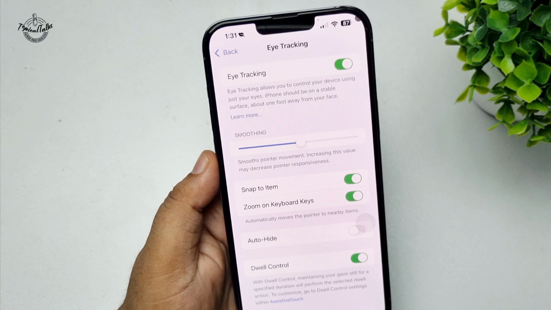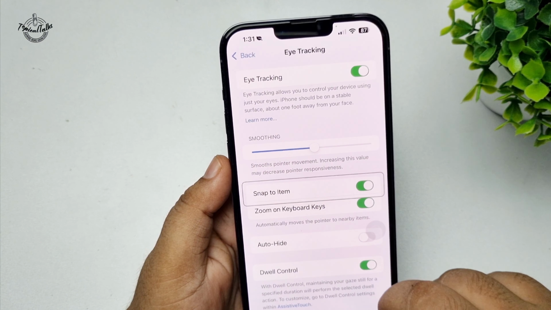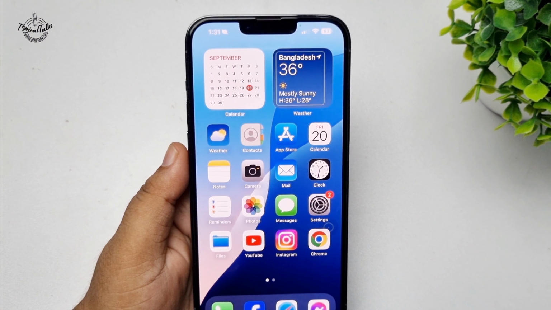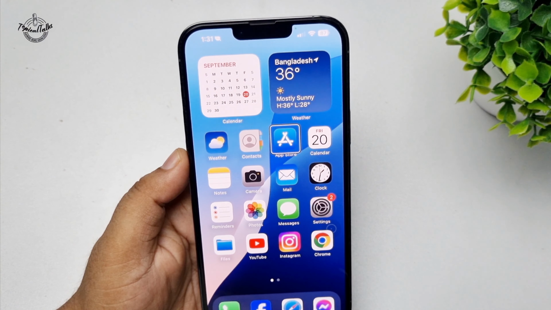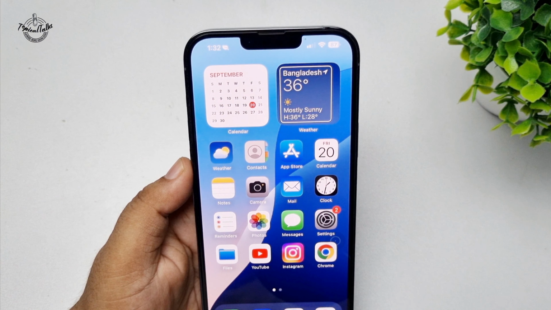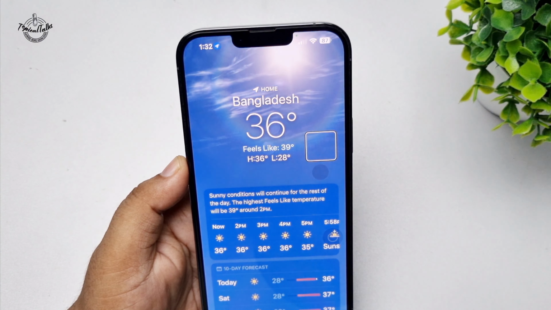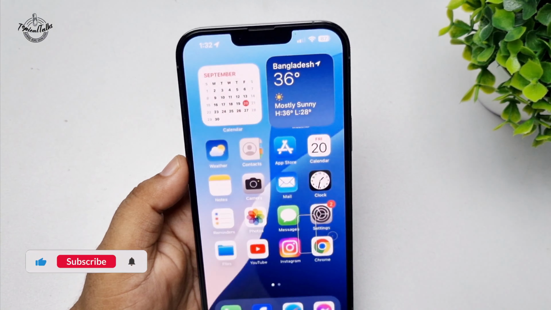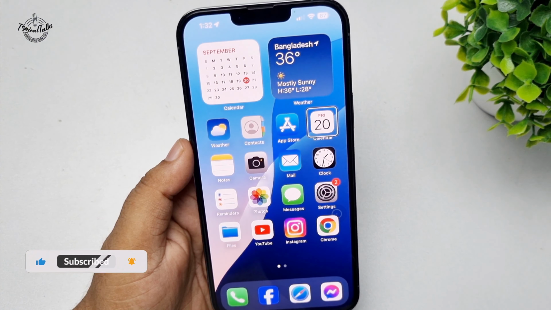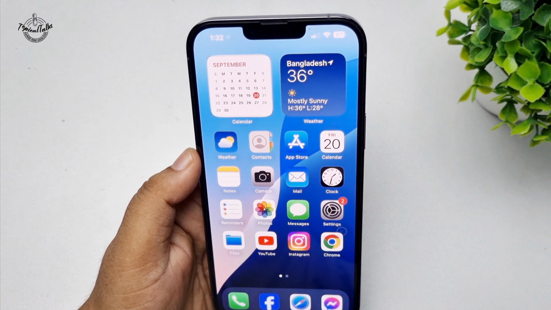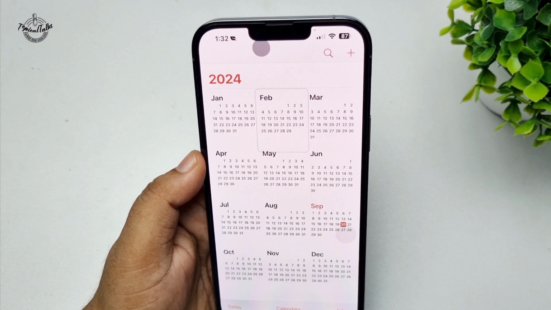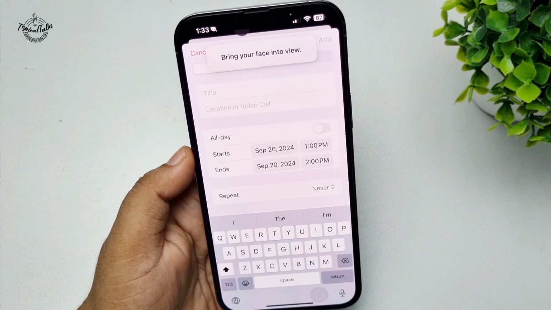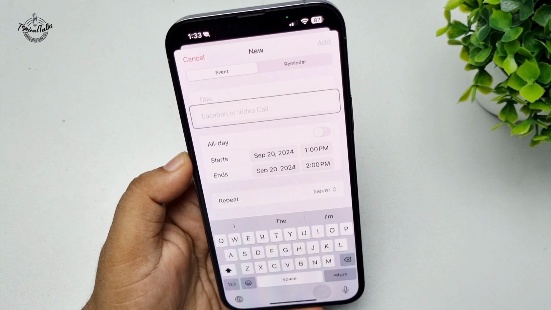Once you successfully scanned, now I'm going to my iPhone home screen, and now I'll control my iPhone with my eye. So yeah,